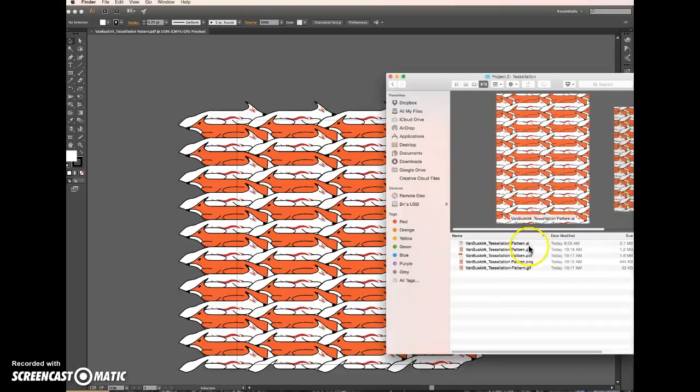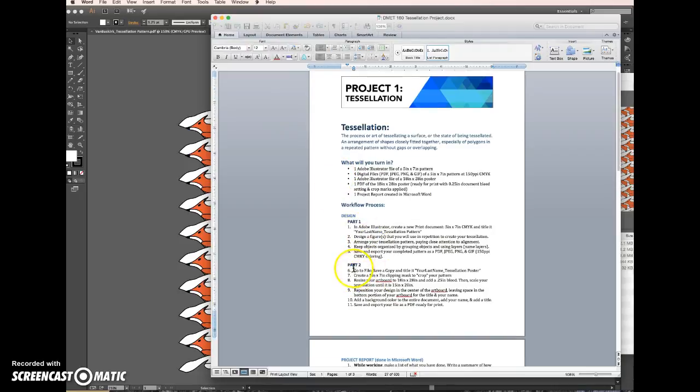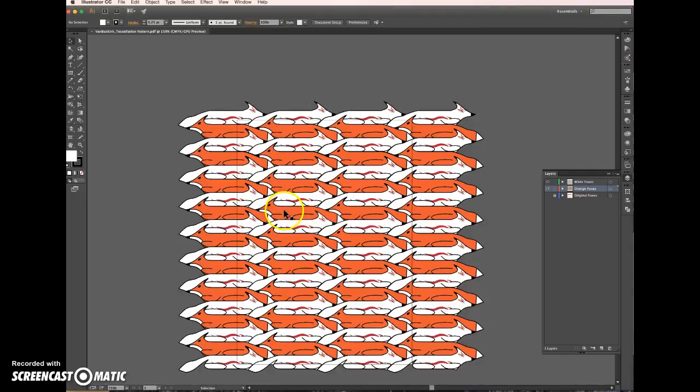So now you can see we have the Illustrator, JPEG, PDF, PNG, and GIF. So that's good practice in exporting. If you see in the project report, we needed the Illustrator of just the pattern, and then we need these digital files, which we have. So we have that part done. Now, as you see in part 2, we're going to need to export the poster. So let's go,